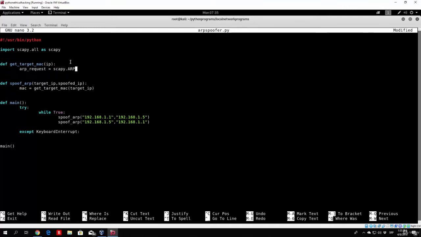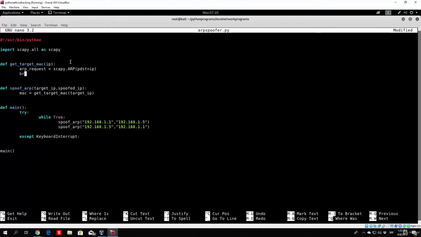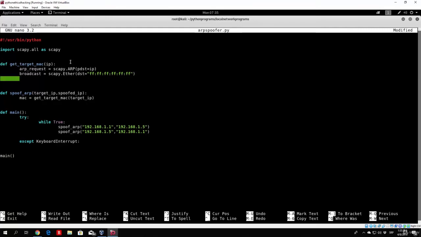to be equal to scapy.ARP. We need to select the pdst, which is the destination of our target, to be equal to the IP of that target. And we also need to select a broadcast packet, which will be the Ether packet, which will contain the broadcast MAC address. So we will do the same as in the previous video, ff:ff:ff:ff:ff:ff, and all we have to do is concatenate these packets to a final packet, equals broadcast